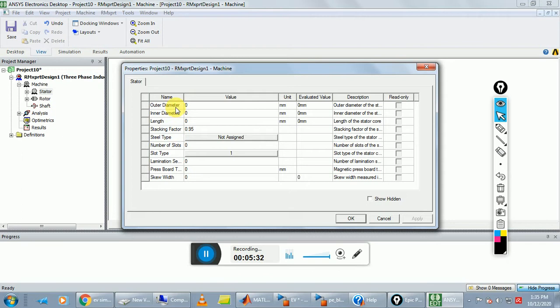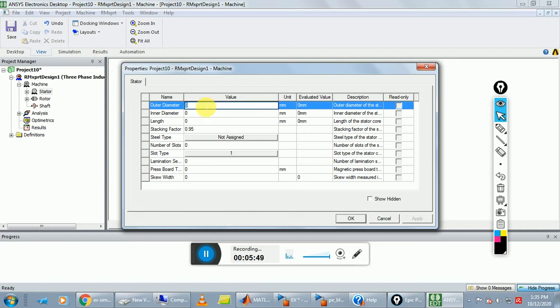We fill all parameters of the machine related to size, like outer diameter, inner diameter, and length of machine. So we start with outer diameter.